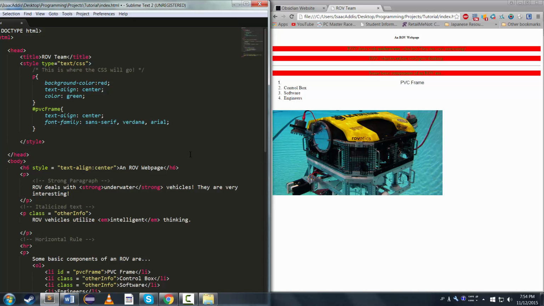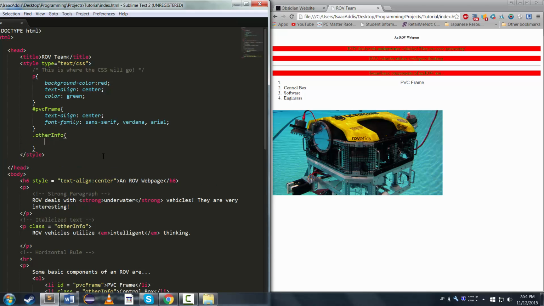And the syntax you use for classes in CSS is a dot, right? And then we will say the name of our class, which is dot other info. And then of course we're gonna have our curly braces, and then we'll insert our things here. So we're obviously going to have our property going first, such as text align, font family, color, background color. And if you're not exactly sure what these are, I don't know if I'm going to make another video on them, because you can use Google yourself. But yeah, I want other info